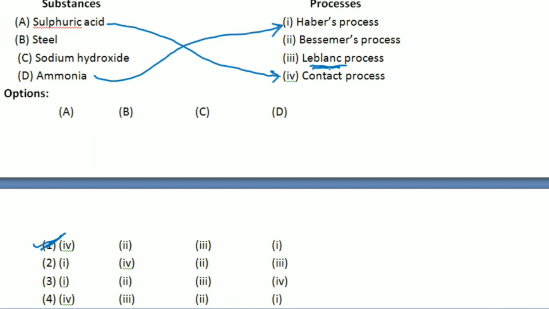But I will tell you what is the Leblanc process. Leblanc process is nothing but, remember, sodium chloride NaCl reacts with H2SO4 followed by reaction with carbon, you are going to get that particular NaOH. That process is called the Leblanc process. That is not in the syllabus, not necessary to worry. In such questions, when only two options are left, you can easily select by thinking in some other way, like steel needs a strong furnace for its preparation. So the answer for this question is, remember, the first one.